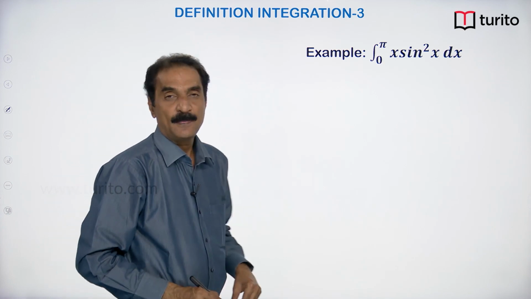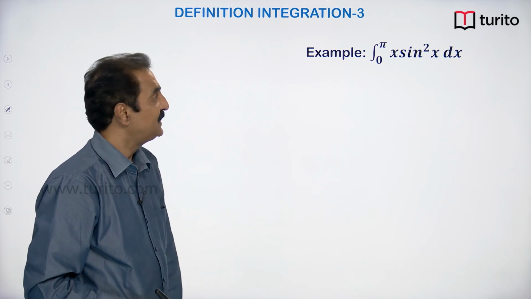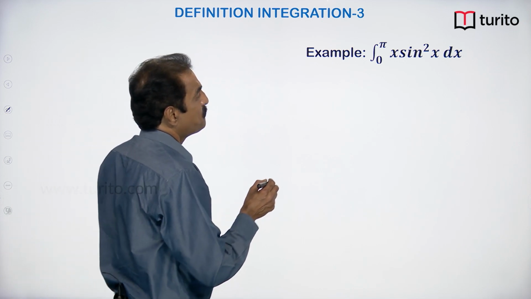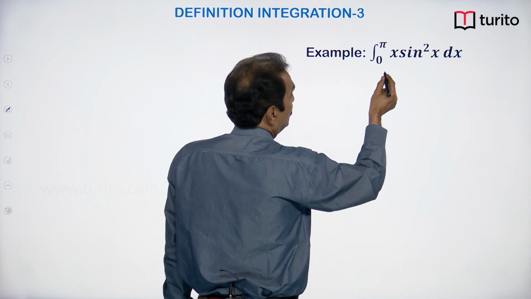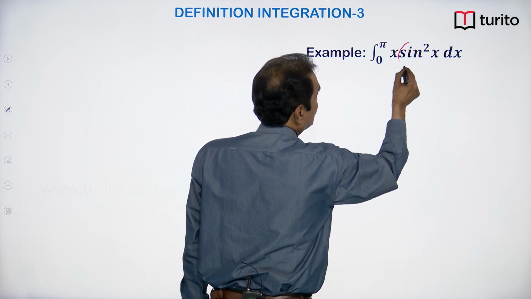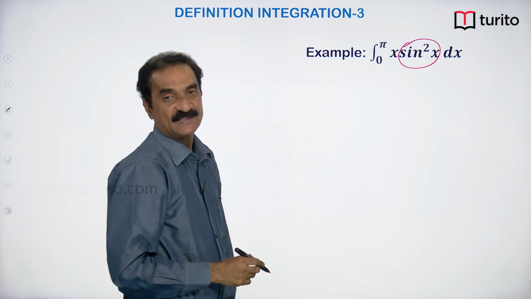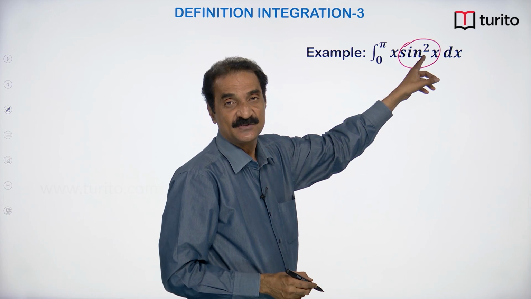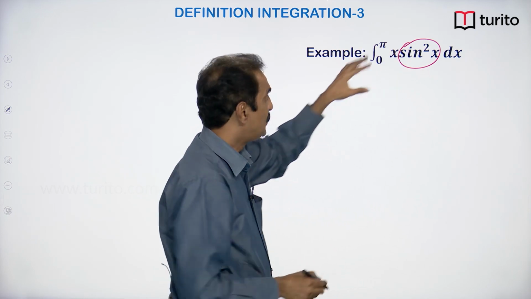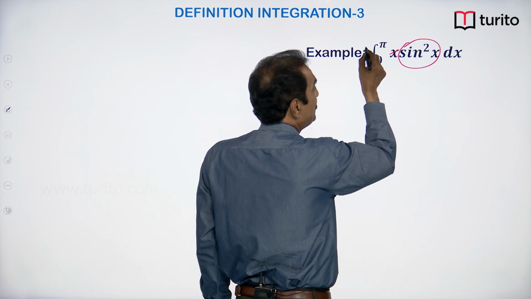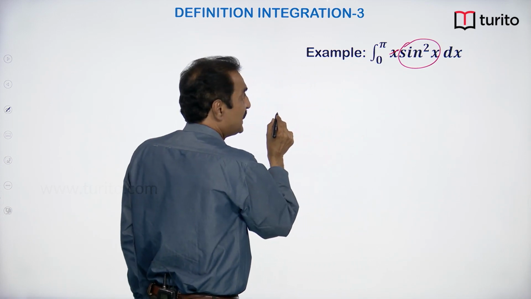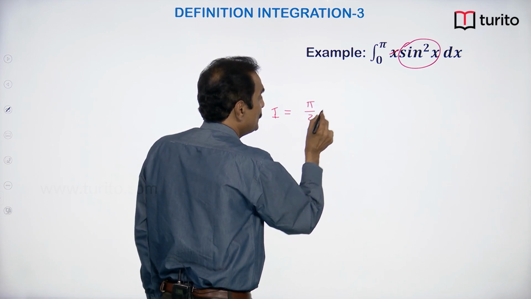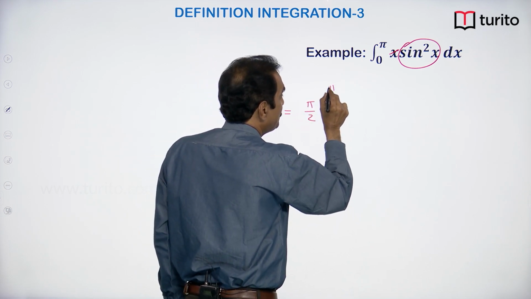Integral 0 to pi x sine square x dx. Okay. Here, in sine square x, if this is f of x, replacing x by pi minus x, you are getting the same function. So, immediately remove this x and multiply by upper limit by 2. So, what we will get? I is equal to pi by 2 integral 0 to pi